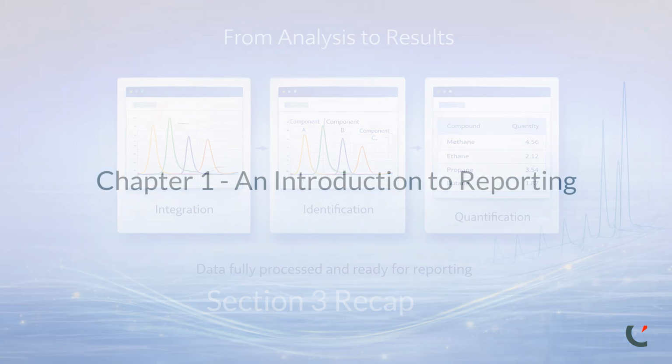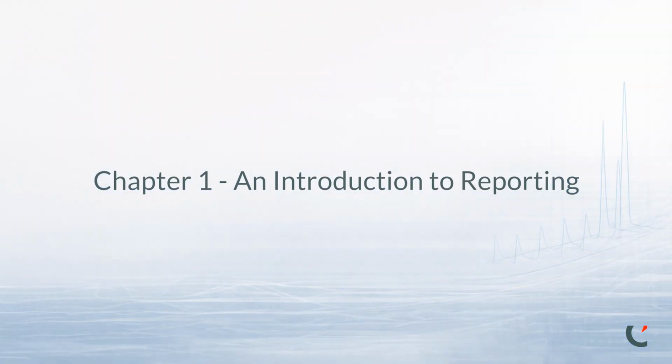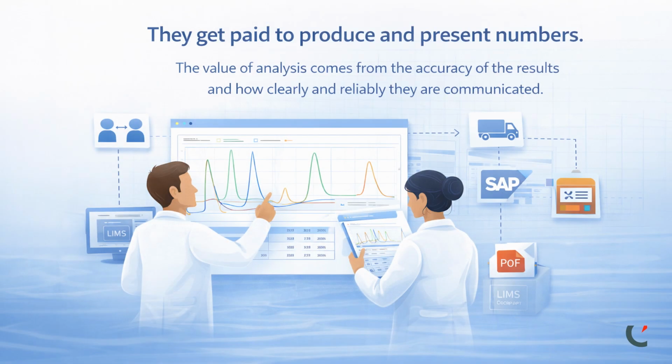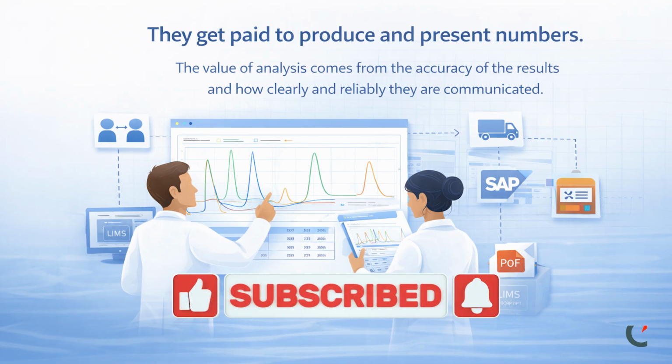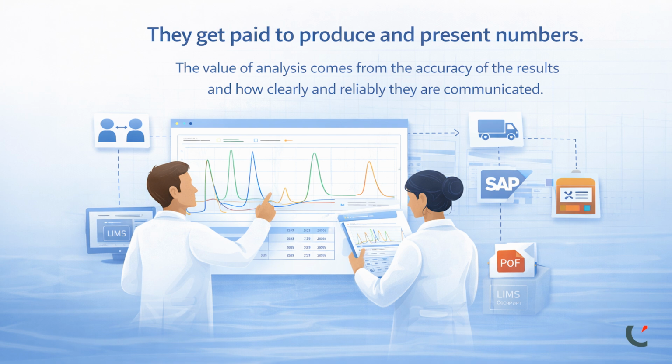This is the most important section of the entire training series, because in practice, nobody gets paid to do chromatography. They get paid to produce and present numbers. Whether those results are used internally, shared with colleagues, uploaded to a LIMS or SAP system, or delivered to a customer, the value of the analysis comes from the accuracy of the results and how clearly and reliably those numbers